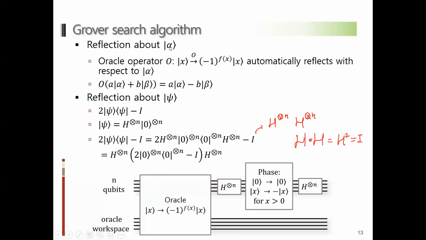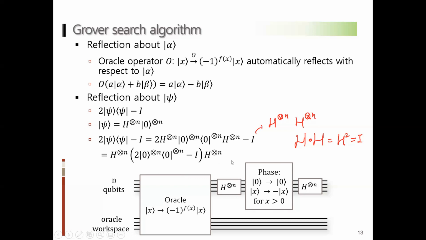So the first reflection about alpha is just the oracle operator, and then the second step, the reflection with respect to psi, can be decomposed into these three steps. The first step appears here, and then the second gate appears here, and then the last Hadamard gate appears here. And then if you look at what the meaning of this one is, we generally have